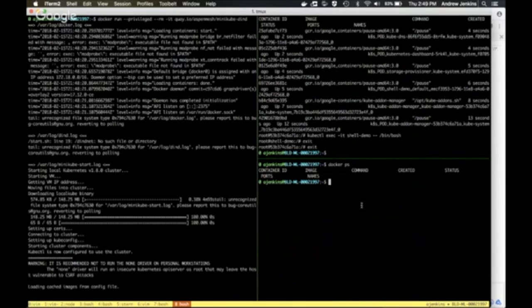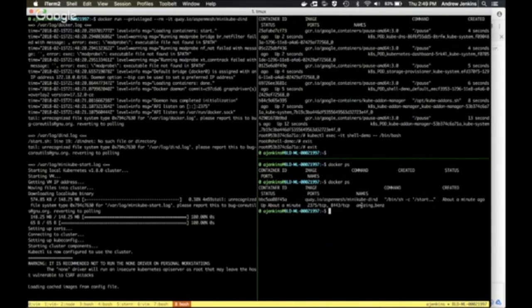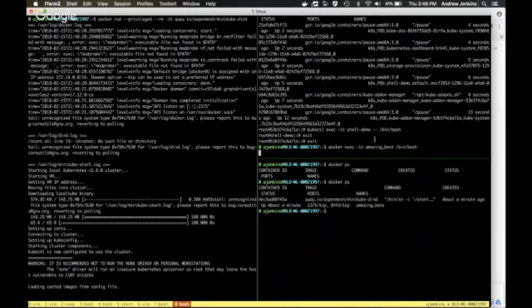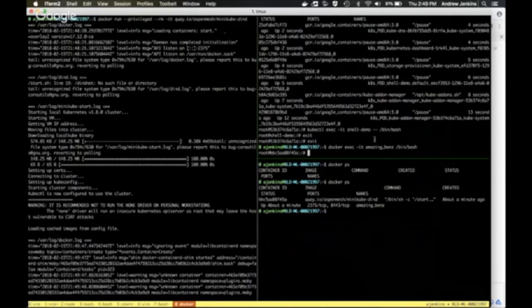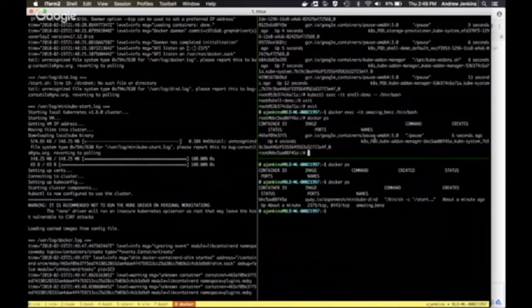So if I go over here, I do now have a container, and Docker named it Amazing Bends for me. So over here, I can just go ahead and do docker exec, get a TTY in Amazing Bends, bin bash. So now I'm inside that first level Docker container, and I can do docker ps, and I can see that